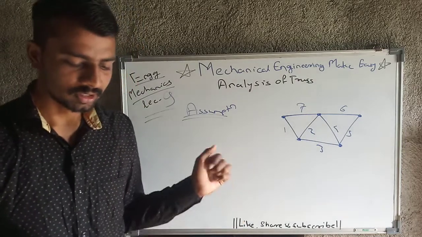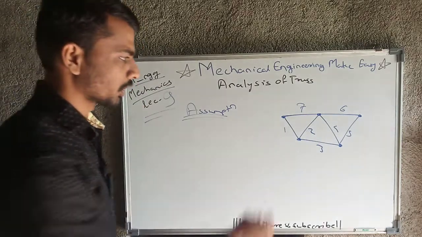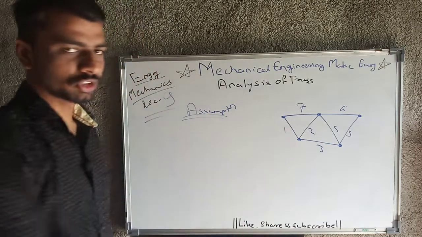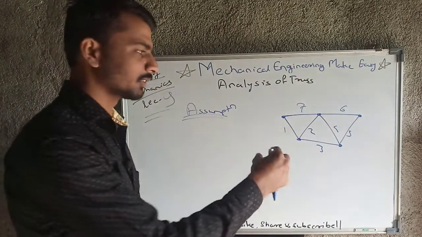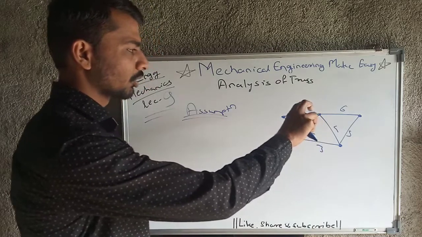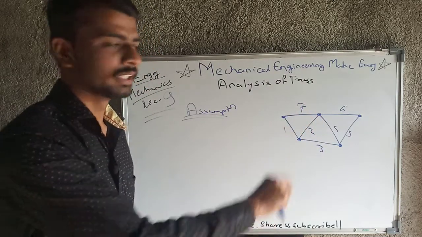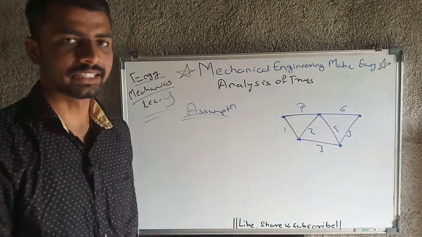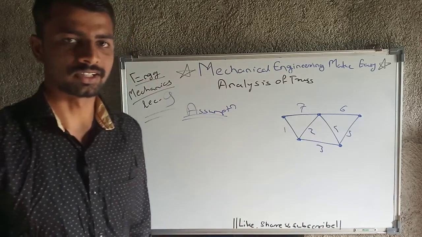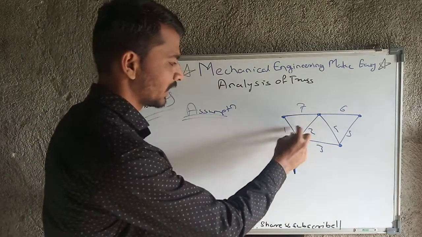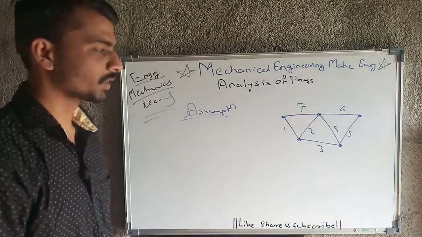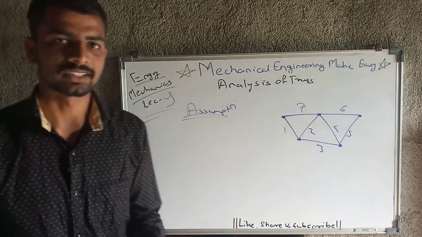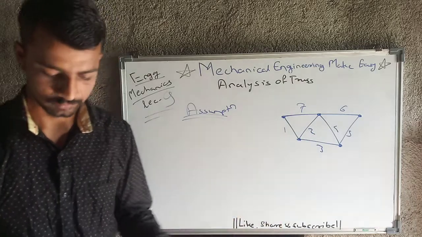Then next, the truss is a perfect truss. What exactly is the definition? The members will be connected in such a shape that the truss will not deflect. The deflection of the truss will not be there, and that is called a perfect truss. It means the relative motion of any element of that truss will not happen there. That is nothing but a perfect truss, meaning that the truss will be a rigid truss.